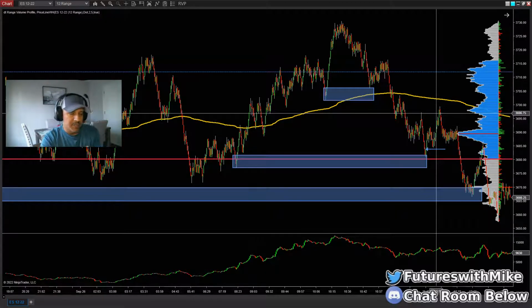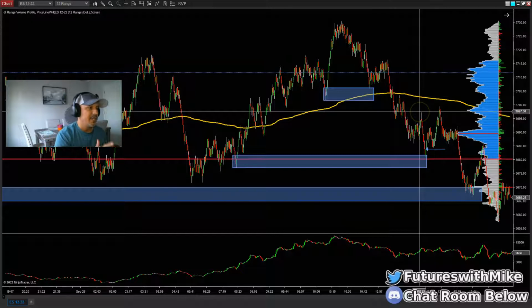But I'm going to show you this because what I was trying to explain was that we're going to switch over to the 4 range chart now, because you're probably asking, okay, you show me the demand zone on the 12 range. It's in it or tapped into it. Is it going to show us the 4 range now?